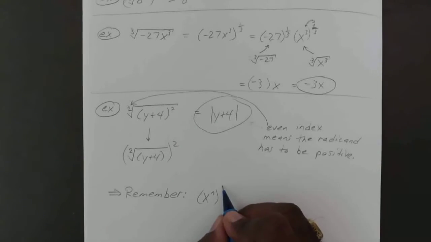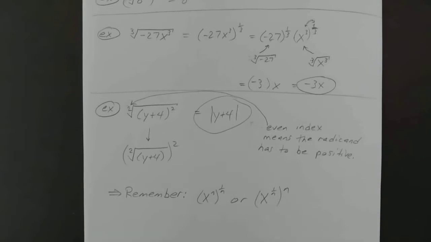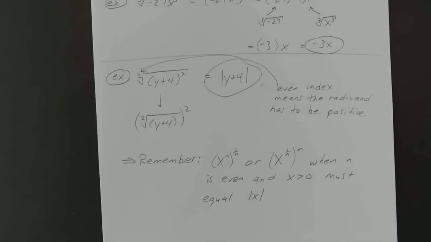X to the n to the 1 over n, or even x to the 1 over n to the nth power, when n is even and x is greater than 0, must equal absolute value of x. Okay. So in other words, x to the power of n over 1 over n equals absolute value of x,